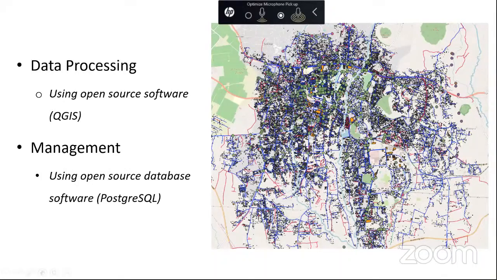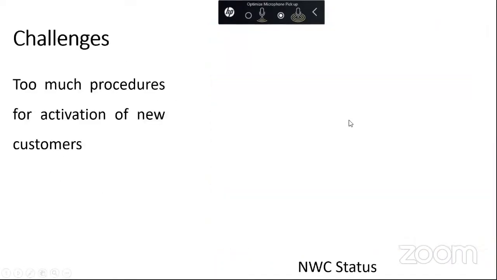So the points are customers, the locations of the customers, where the customers are. Up to that time, up to 2018, we found out there are some challenges we were encountering during the implementation, specifically the procedures, because in